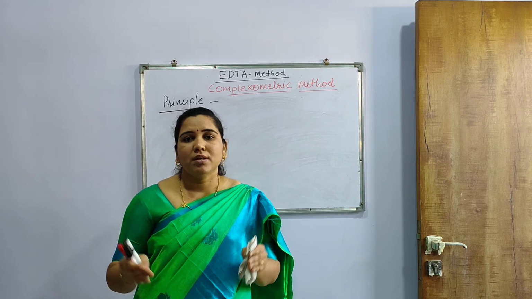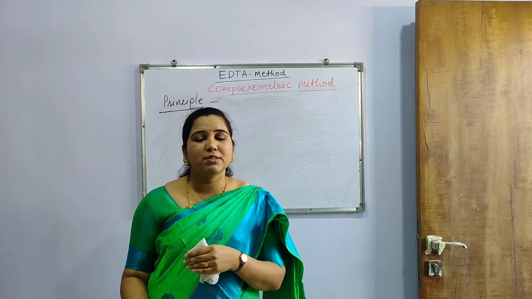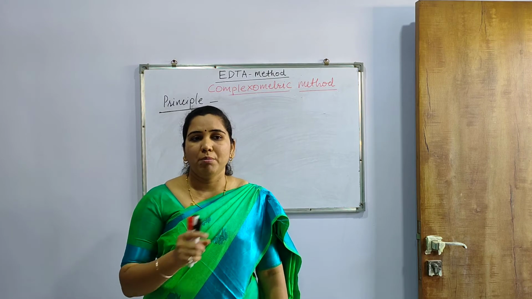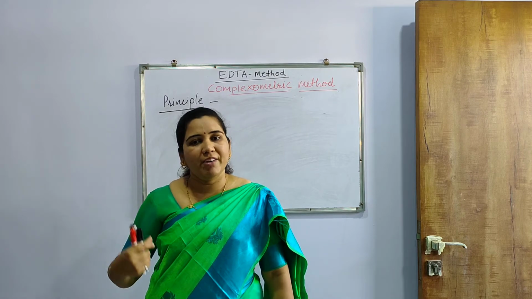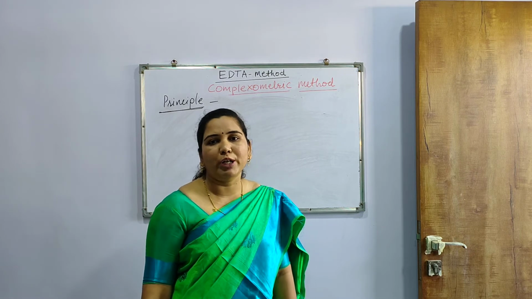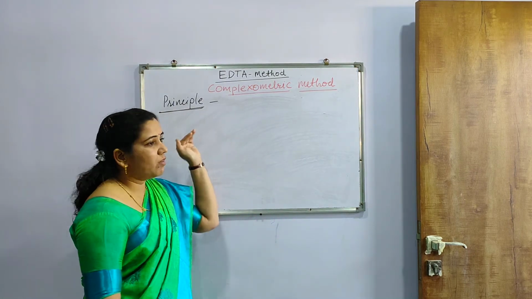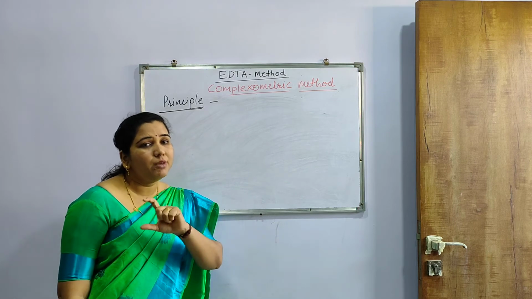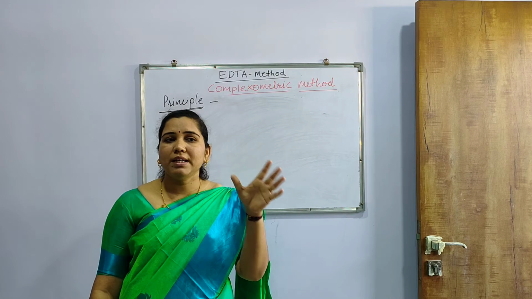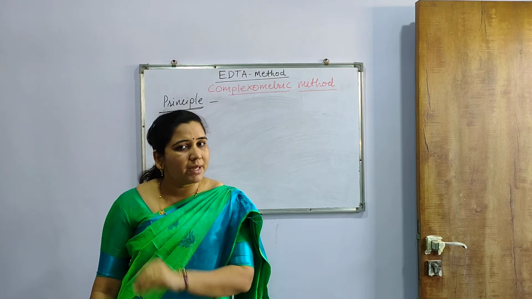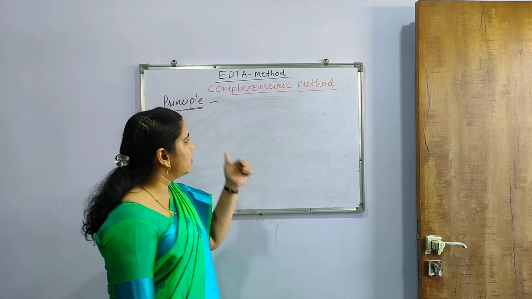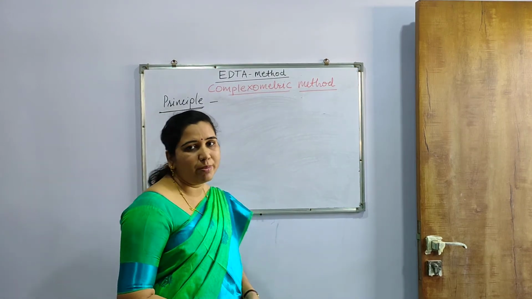And this process in which this complex is formed, that complex is in the ratio 1:1, meaning one metal ion will be entrapped by one disodium salt of EDTA molecule. So in this way, this will come under the principle. Simply in one sentence, when one EDTA comes in contact with one metal ion, there is a formation of a more stable complex, and that complex is in 1:1 proportion.